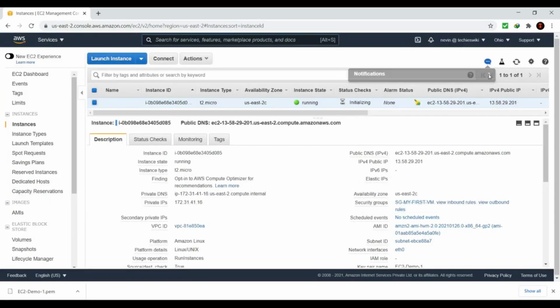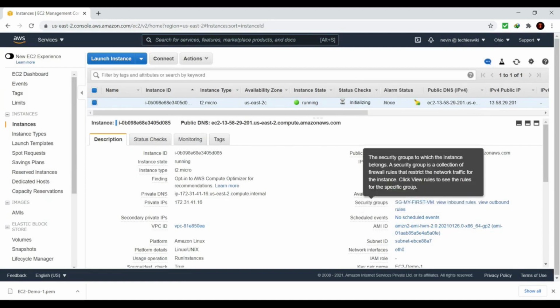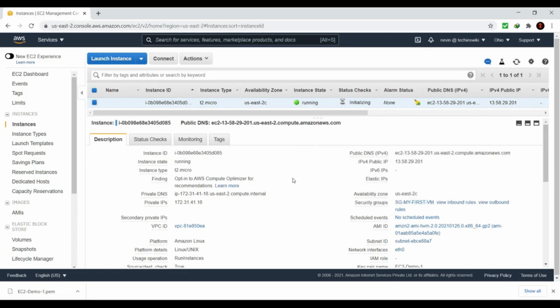Okay, this will show you the overview of the instance and its details. As you can see, it has a public IP, security group, and a private IP attached to it.